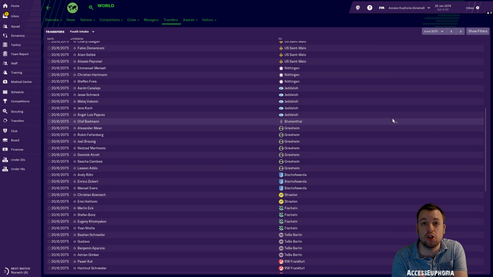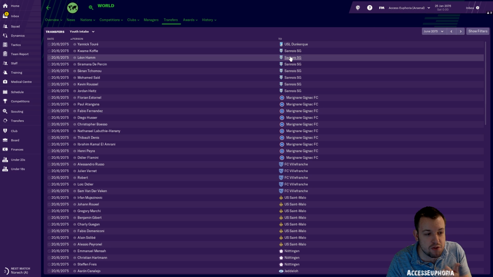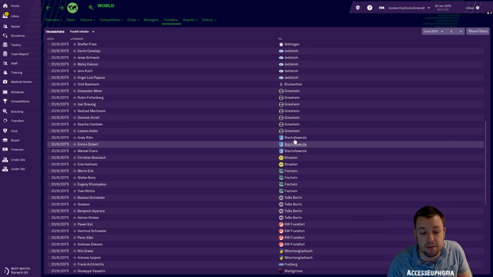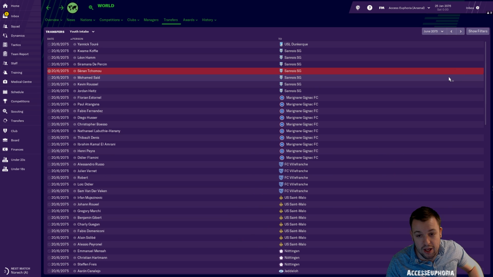So you remember when you're at your club, you get that kind of youth intake every year. Well, that's constantly going on throughout the different leagues and nations around the world. That's constantly happening. So you can see here, all these players during June 2075 have joined these various clubs. And this looks like the French. So a lot of French teams here. And the best way literally for this is if you...